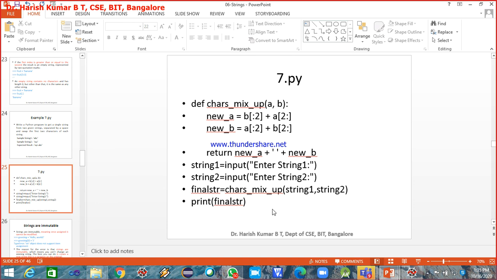It's easy. Using the concept of indexing or slicing, you can easily deal with strings. Any type of operations you can do, any type of mix and match you can do.